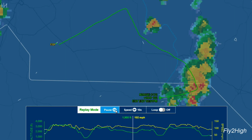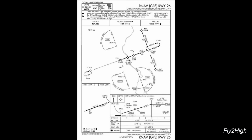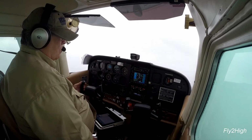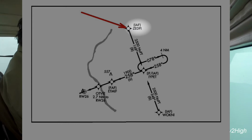Welcome to part 3 of this month's currency flight. As the video begins, I am already established on the RNAV Approach to runway 26 at the Cheraw Airport in Chesterfield County, South Carolina. Before the video started, I flew direct to an initial approach fix called ZEDPI, spelled